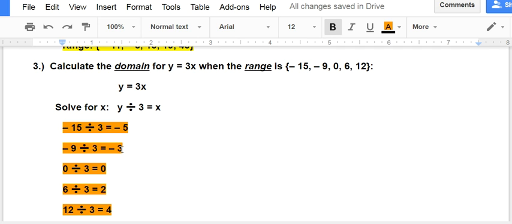-9 divided by 3 gives you -3. 0 divided by 3 gives you 0. 6 divided by 3 gives you 2. And 12 divided by 3 gives you 4. Okay. Now, if we wanted to check these, let's put them back into the original equation and see if it's